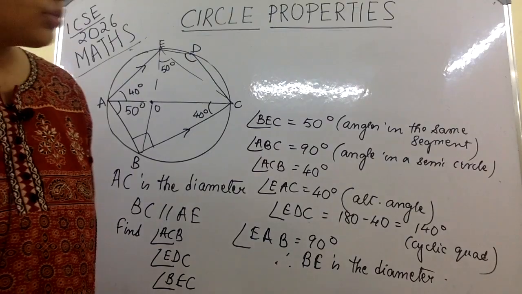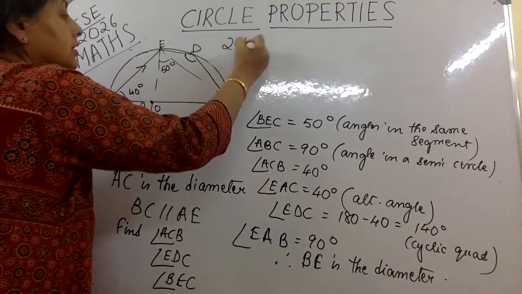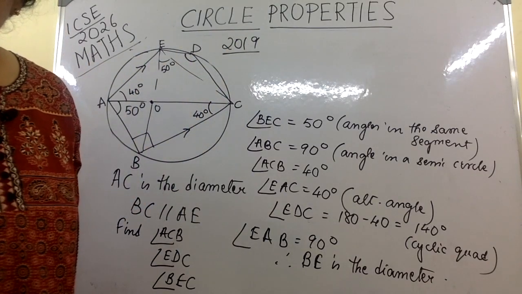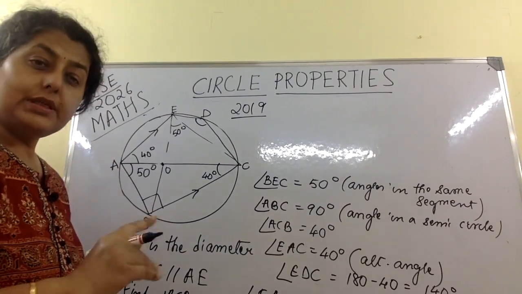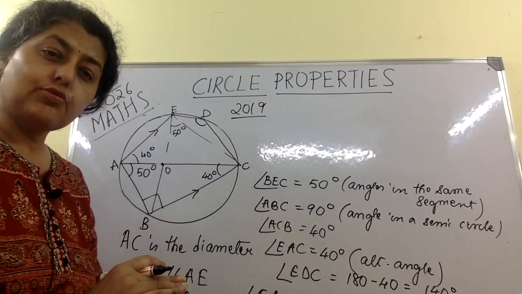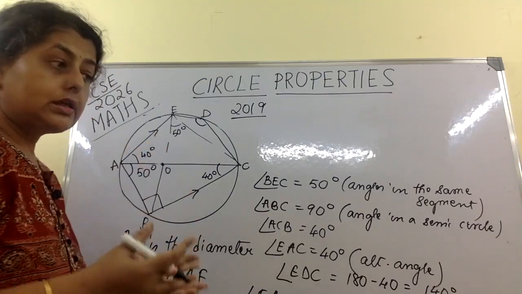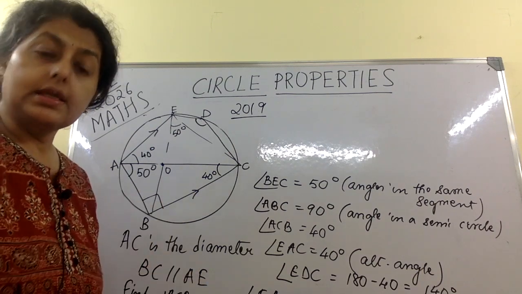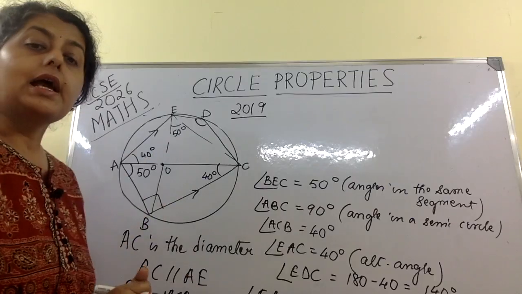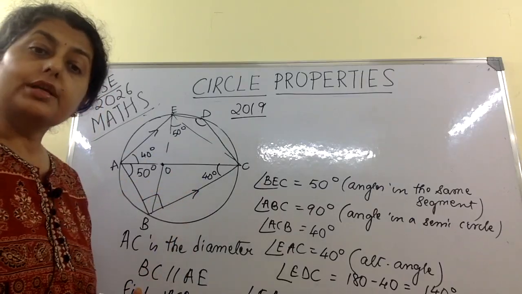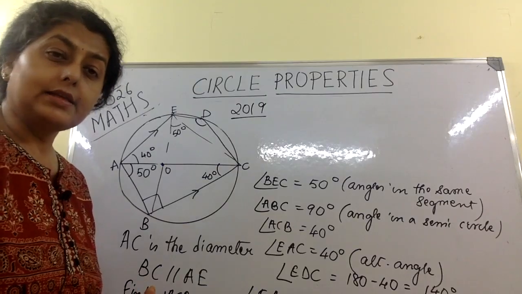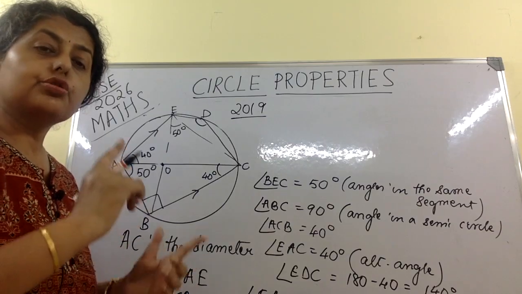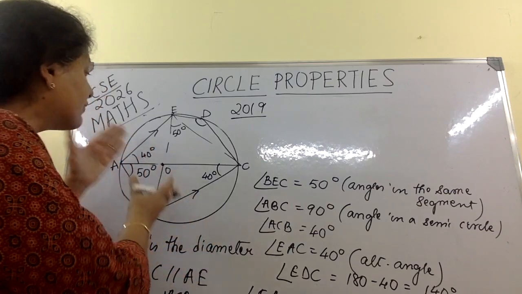So this was a 2019 question. All these questions are previous year's questions. So you can see how many things together we have to remember. We have to remember a cyclic quadrilateral, the triangle sum, all the properties of a circle, and apply them in the correct places. The trick behind this is to draw the diagram and write down whatever angle you can find in it. Another important trick is you should use all the given